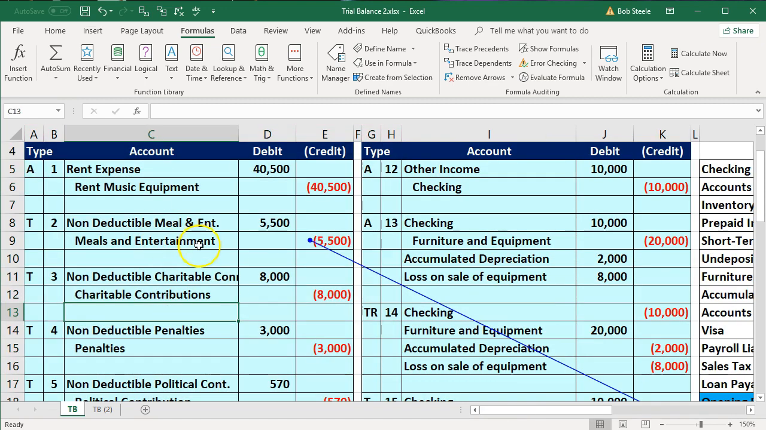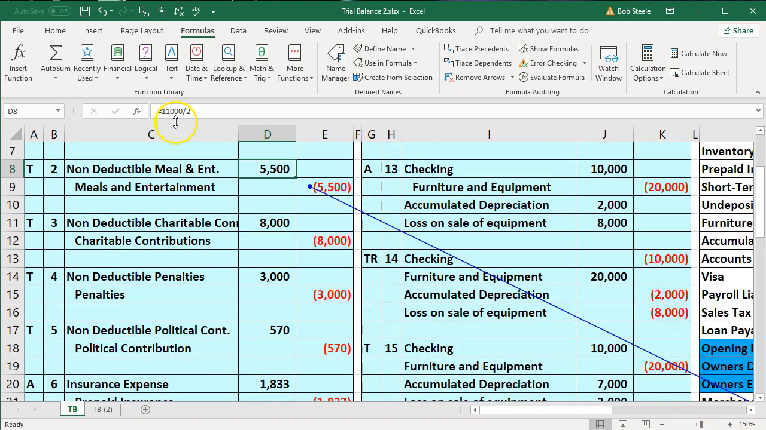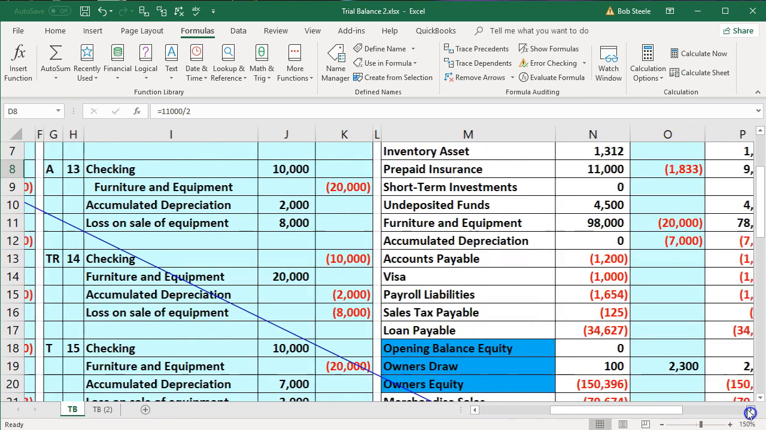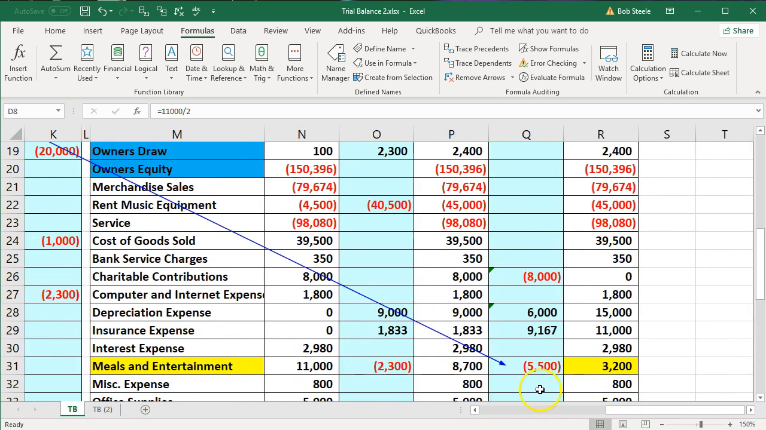So this is the one that we made this adjustment for. So this adjustment was for 5,500. We need to change it now because that calculation was 11,000 divided by 2. So whatever the book deduction is, we need to take half of it away and leave half of it for the taxes. So if we scroll back over here, we could say, what do we need it to be? It's got to be this